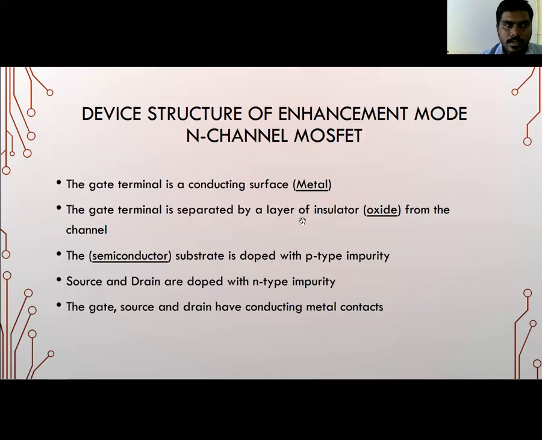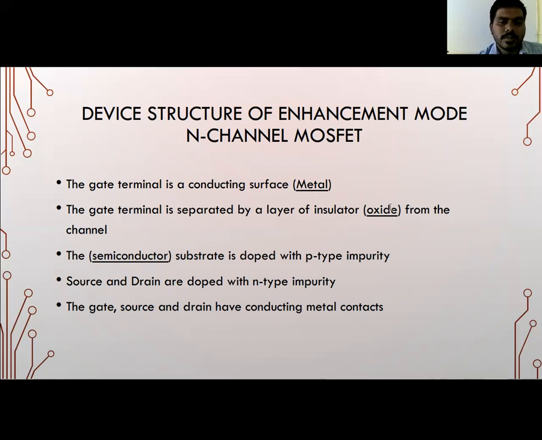The gate terminal is separated from the channel by a layer of insulator oxide. You are not going to connect the gate terminal directly to the semiconductor. For making the connection you need an oxide layer, so that layer is called the insulator or oxide layer.